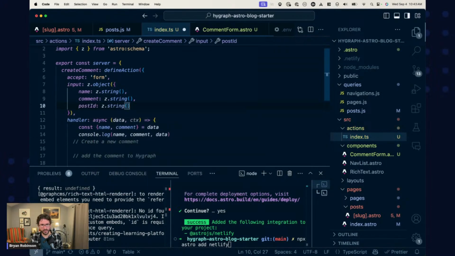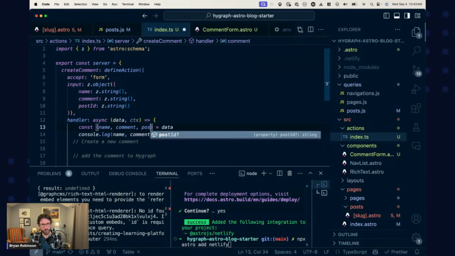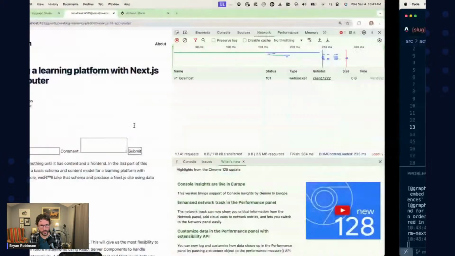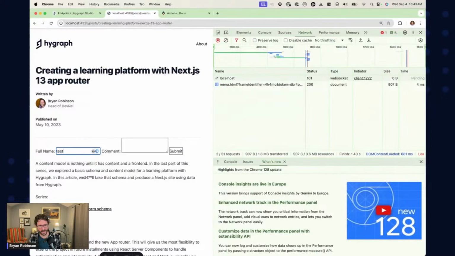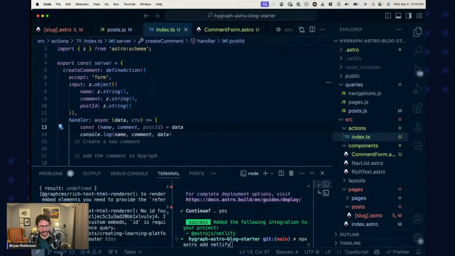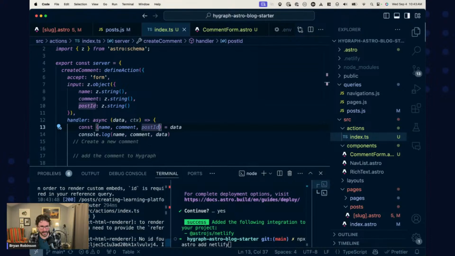It's going to be equal to a string. Again, I could type this more specifically, maybe pulling some types from Hygraph. We're not going to worry about that today. We do need it to be a string, and we'll console log that here as well. So now when we submit test name and comment, we'll submit that. And we also get,